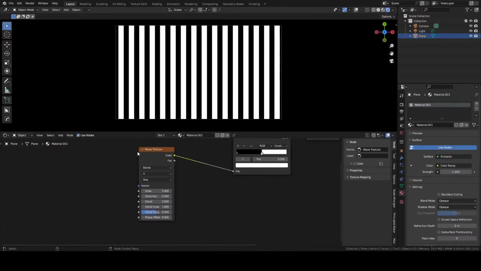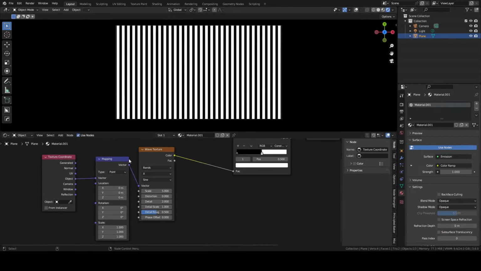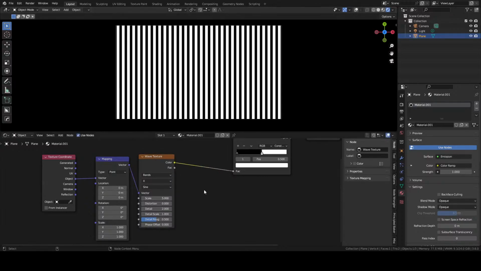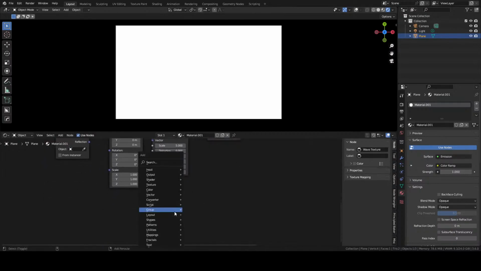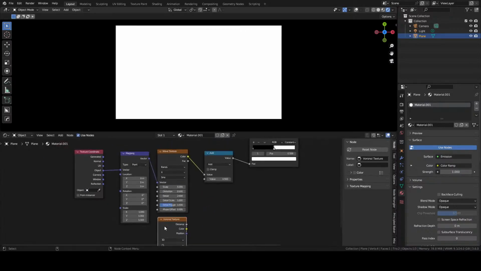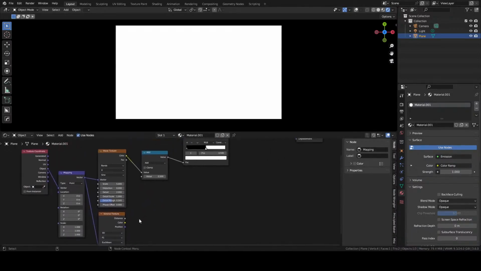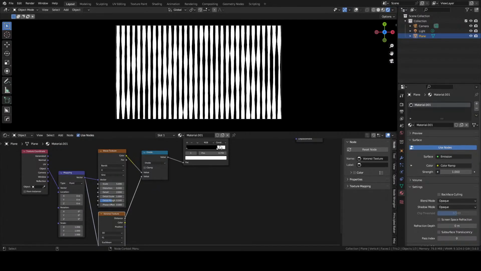Cool thing about textures is if you add some mapping, so you add a mapping node and a texture coordinate node, plug the object into the vector. I know this is a lot and it's not necessary for what we're doing here exactly, but it is super cool. So all you have to do now is just grab a math node, drop that here, and you can plug any other texture into this wave texture. Let's do a Voronoi texture. Connect the mapping to both nodes. Plug this in here. Let's change this to divide and have a look and see what it does.